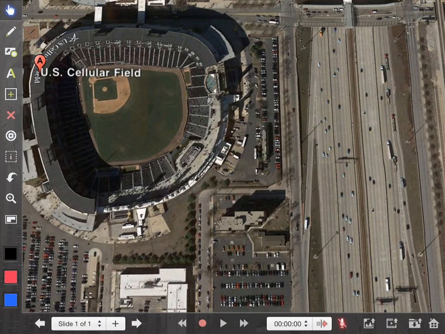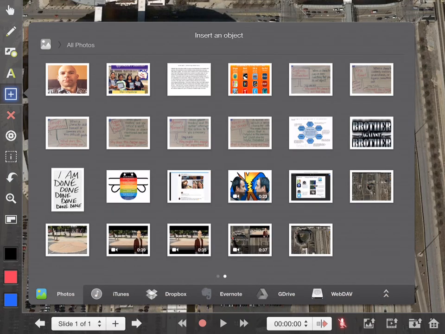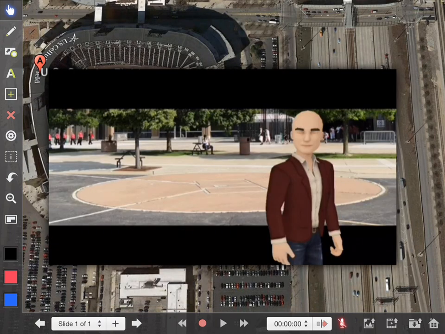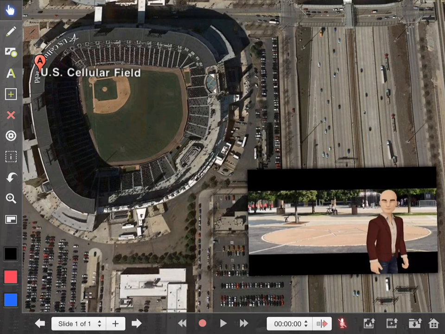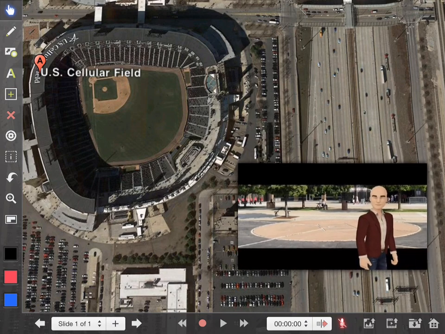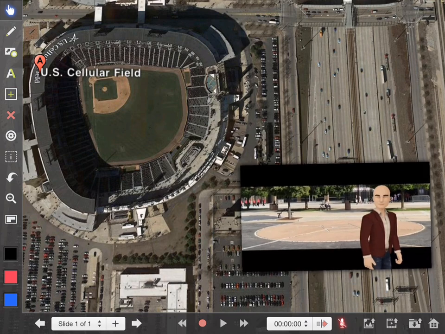And now I am going to touch on the plus sign once again. And I am going to choose existing video. And I'm going to find my video clip that I edited. And that is right here. So now it opens. The great thing about this is that I can make this any size I want. I can pinch it to make it smaller, and I can move it anywhere I want on the screen. If I want to, I can set it as a background, but I really won't need to